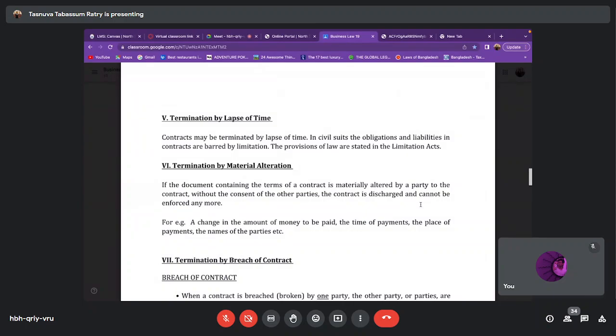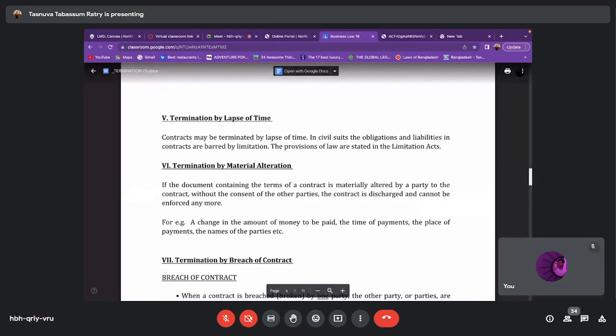contractor rule কি? সব পার্টিসদের consent থাকতে হবে. আমার কনসেন্ট ছাড়া যদি কন্ট্রাক্টের টার্মস এন্ড কন্ডিশন চেঞ্জ করা হয়, সেই কন্ট্রাক্টটা ইমিডিয়েটলি ক্যান্সেল টার্মিনেট হয়ে যাবে because the terms and conditions of the contract have been materially altered without the consent of the other parties. As a result, the contract cannot be